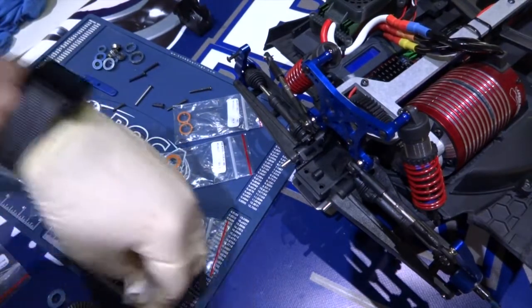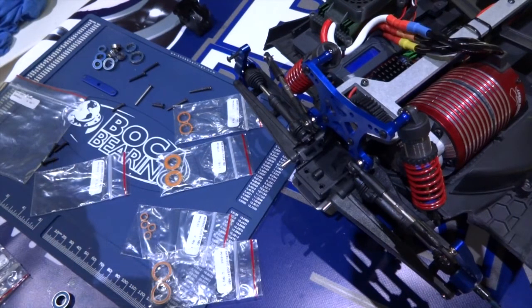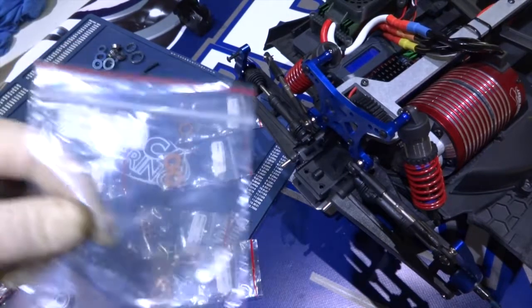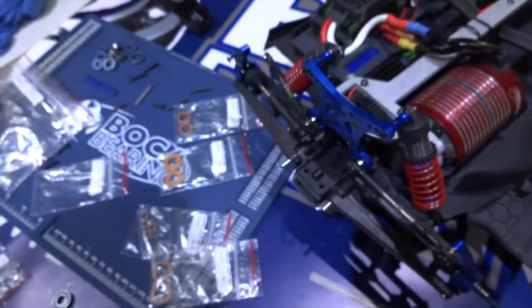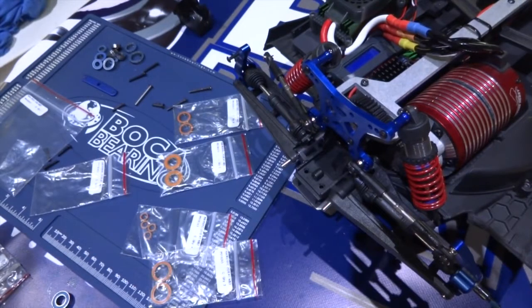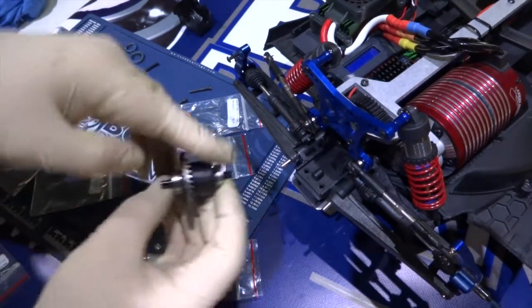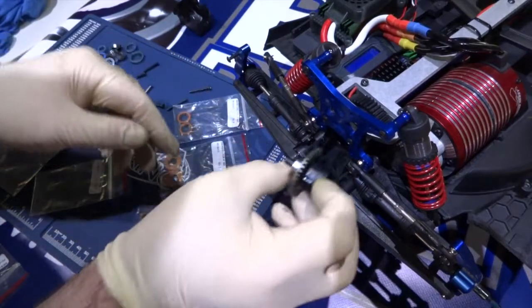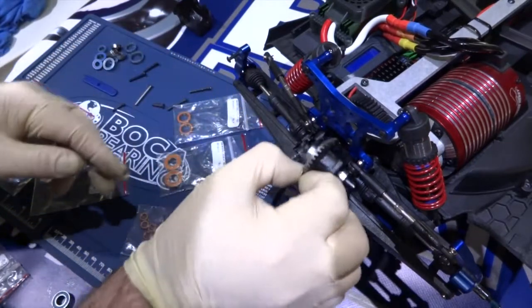This is the type of kit you'll get when you buy a Boca Bearings bearing replacement kit. If you're XO-1, it'll look like this. It'll come in more baggies. Again, this is the part number for the whole kit. And this is really thanks to Boca here for making these great bearings and putting them in this great car. Alright, so now that we have our diff assembled with the new bearings on,